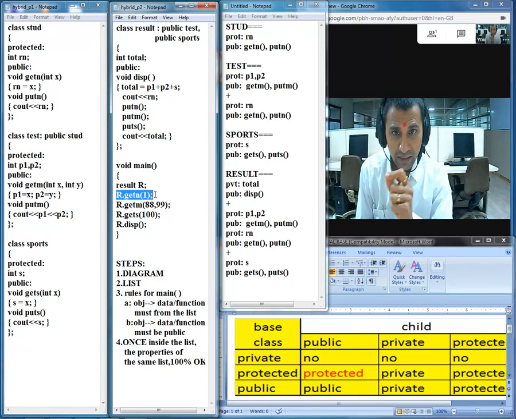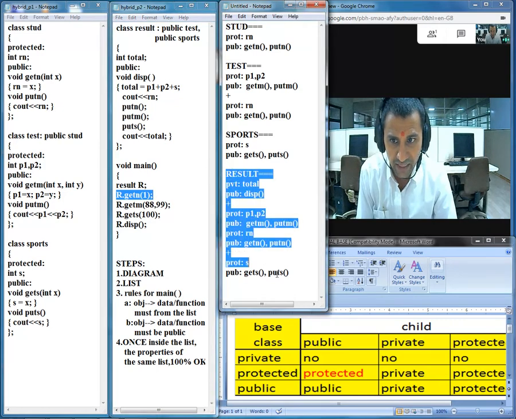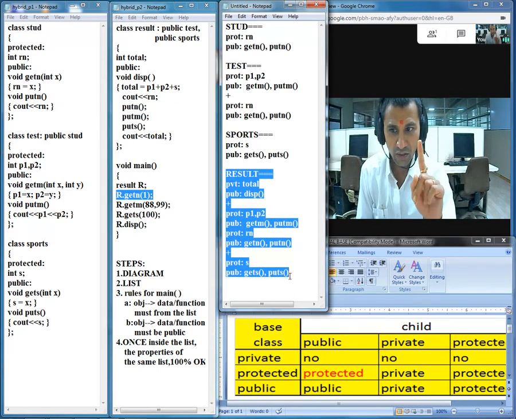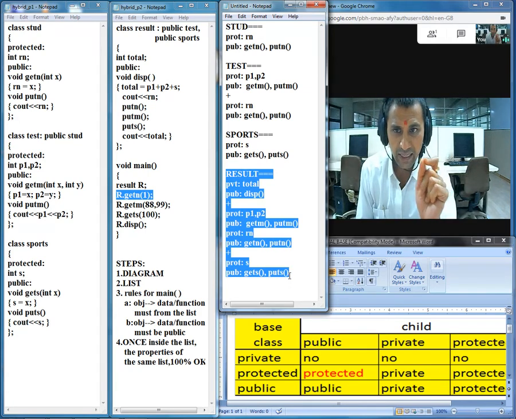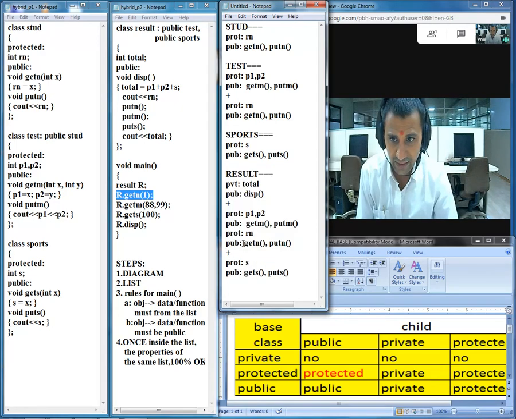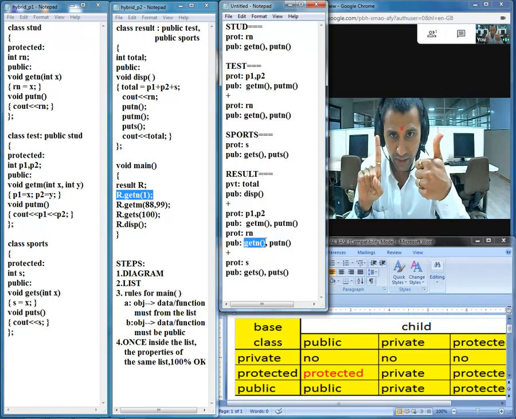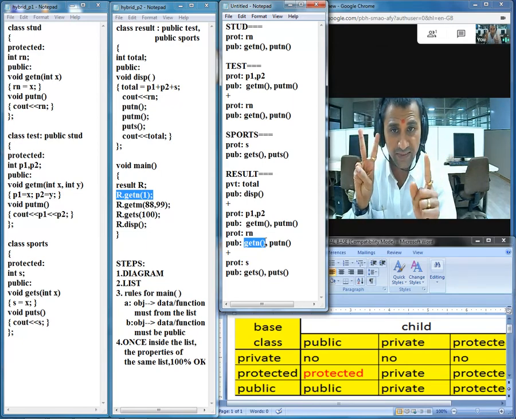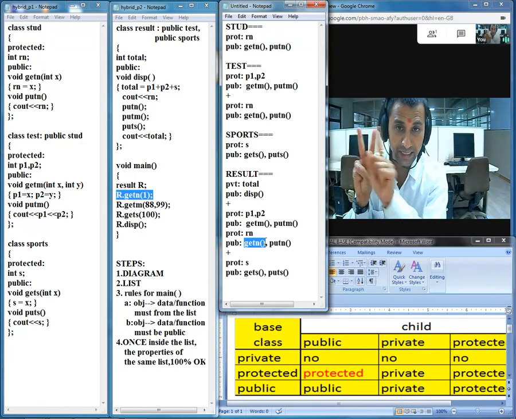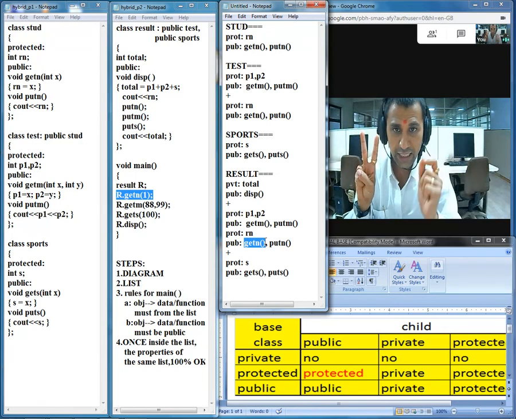The object belongs to class result, so we refer to the same list and look for the instance getn. Can you find getn there anywhere? Yes, it is here. So rule number 1 is okay. What about rule number 2? It says it has to be public, because we are making a call from void main, which is outside the class, so it has to be public.